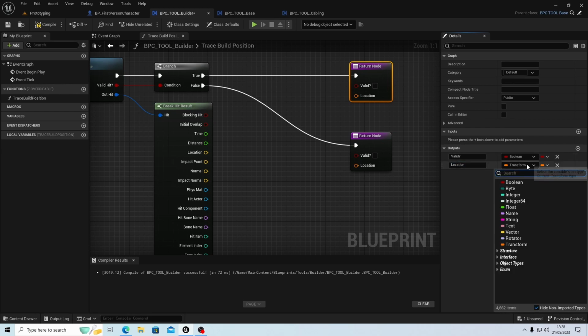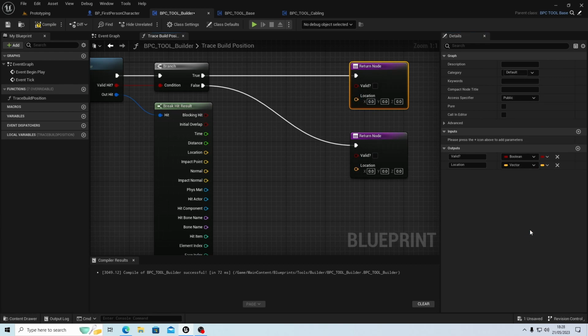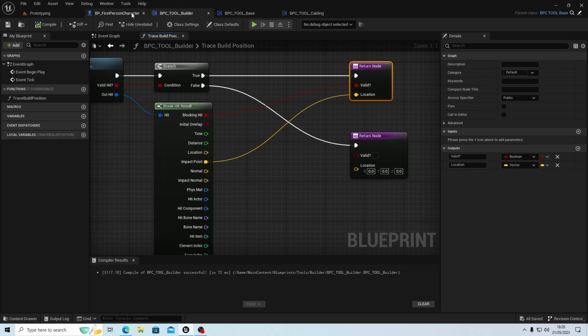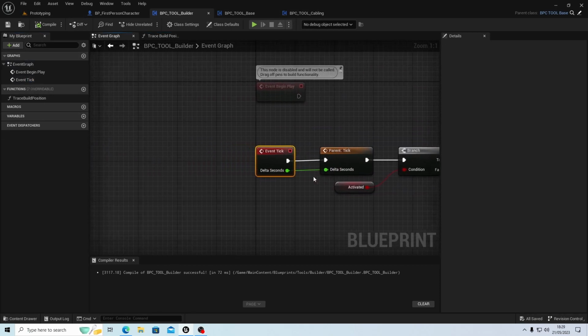And we're just going to change that to a vector, because we don't actually need that in here, because we could do the other code on the outside like we did on the other one. So all we need here is the impact point going there, but we only get that if it's true, and we could just pass the blocking hit through. There we go. Okay, so when that returns, it comes back to our event tick,